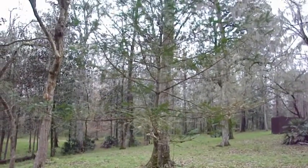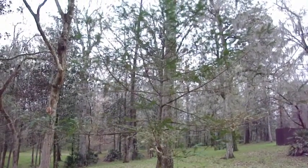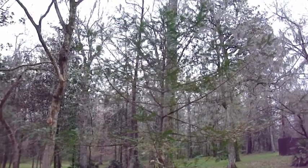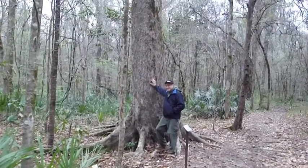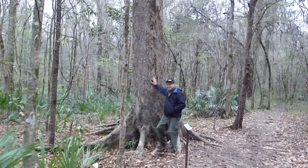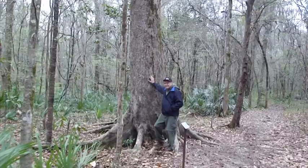Tree. There's very few of these trees left in the United States. The few remaining are in Florida. This is the largest recorded Florida elm. In 1995, it was 102 foot tall and 110 inches circumference. It's